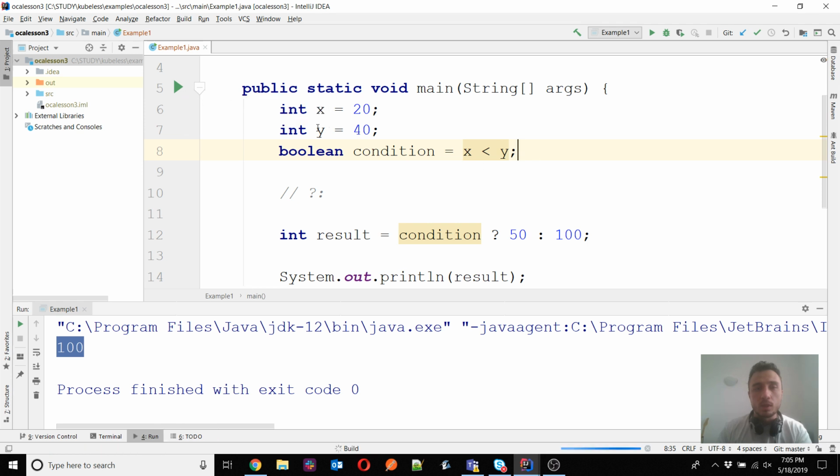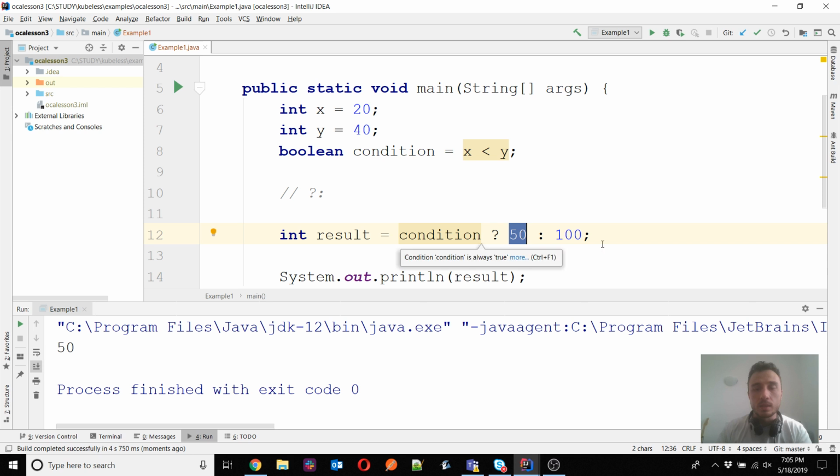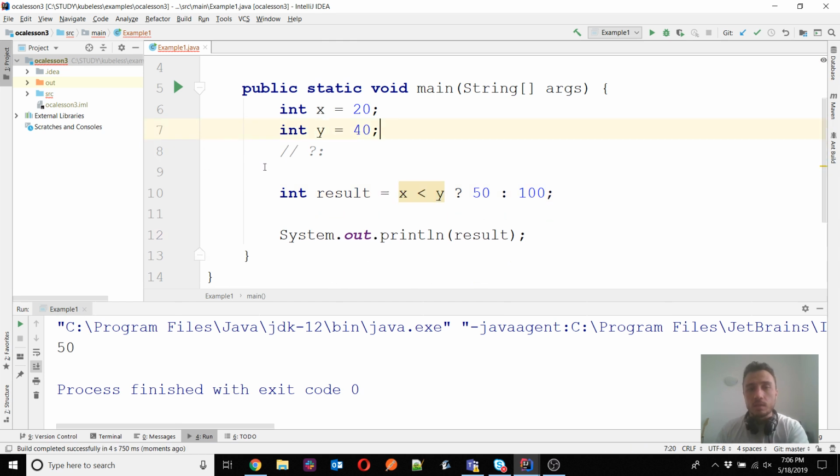In this case the condition is true because 20 is indeed smaller than 40, so we will see 50 in the console. That is the result of the ternary operator with the condition being true. And also I have split this to be easier to understand for a first example, but maybe in a specific situation you will directly see here the condition given as the expression, so you don't have to provide specifically a